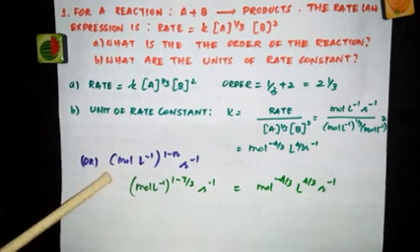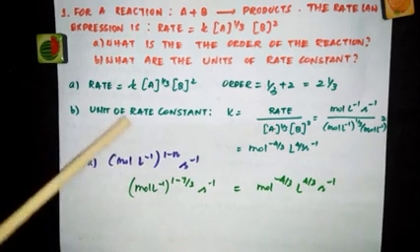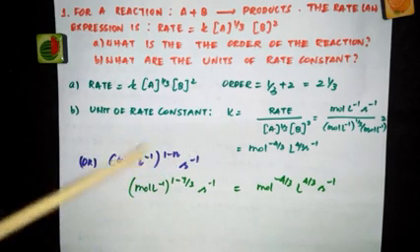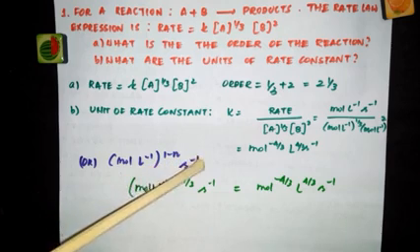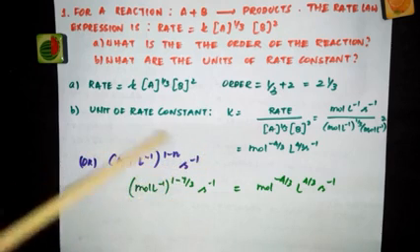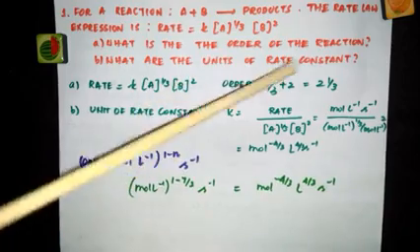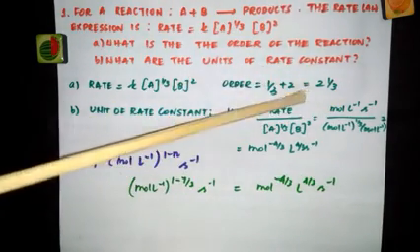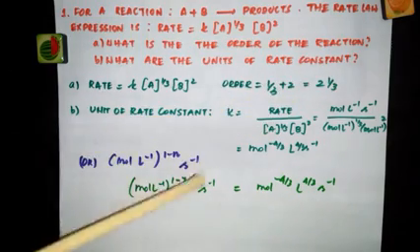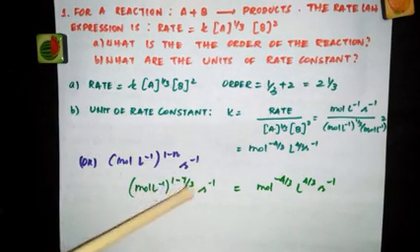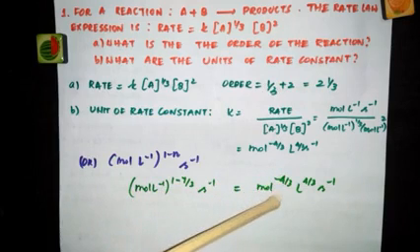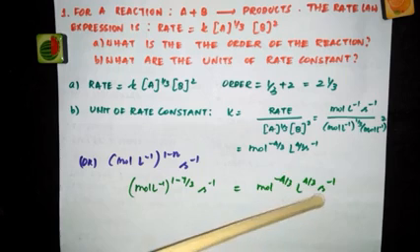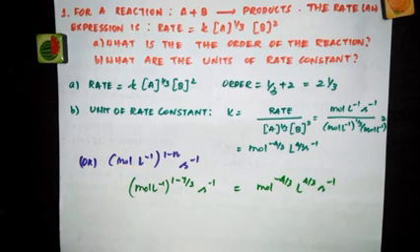Next question, what are the units of rate constant? You can directly use this formula that we have just seen. Unit of rate constant is equal to mole liter inverse power 1 minus n, second inverse. This is the formula. So instead of n, you have to put the order here. So what is the order? 2 3s are 6, 6 plus 1, 7, 7 by 3. So mole inverse power 1 minus 7 by 3, second inverse. So that gives you mole power minus 4 by 3, liter power 4 by 3, second inverse. So that is the unit of rate constant for this particular reaction.